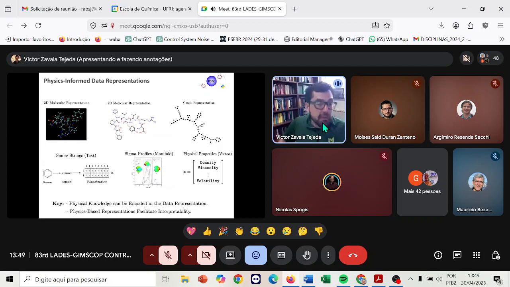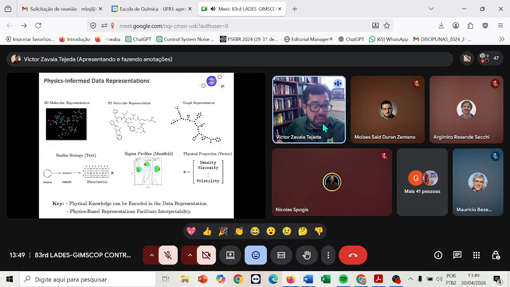A tangible example of this is predicting properties of molecules, right? So a molecule is a three-dimensional object. You have atoms, you have bonds, right? You can represent this in 2D in the form of an image, right? That's the way we learn organic chemistry. This two-dimensional representation captures the topology and the identity of these atoms, right? So it captures the basic features of the molecule, but you cannot pass this representation directly to a machine learning model. You can pass it as an image if you want, but it's not going to be a very efficient